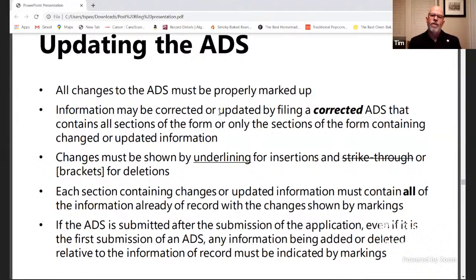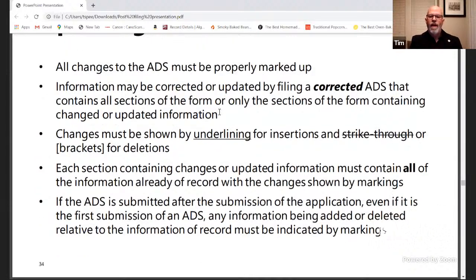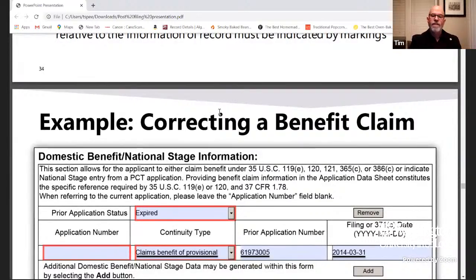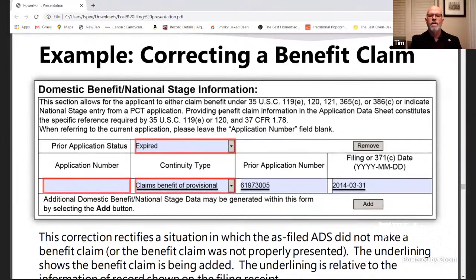That way it's clear to anyone coming later on and reviewing what we call the file history. The file history is everything related to that application. Once you file your application, all the other papers that are added are kept together in what we call the file history. It can be consulted later on when people are going back and reviewing the patent, for instance, for infringement or for some other considerations. So, again, this is the formal matter for doing that. And once you get into the process, you'll have a lot more help with that.